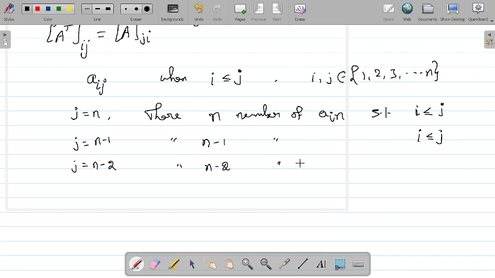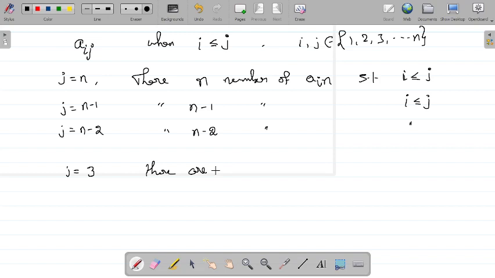And similarly when j equal to, let us say, 3, now you can say that there are 3 number of elements of this type, that is a_ij. Then here also I should write j only, such that i less than or equal to j. So now if you count for all, similarly you can come to 1. So now you'll have only 1 of this kind. So when you add all of them,